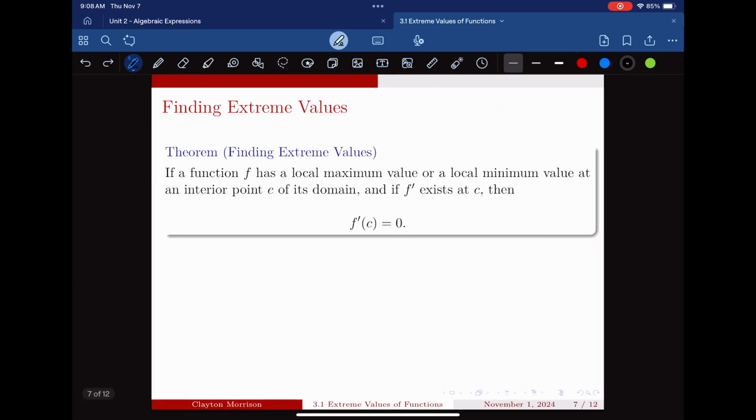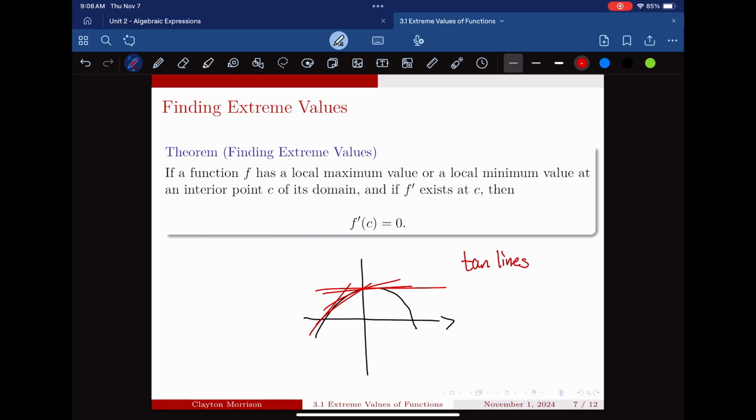So if you want to find, this is the big one, if you want to find where the extreme values are at, the derivative is 0. I was going to do a big build up towards this, but I don't want to. So let's take a look at something easy like this. If you keep on looking at your tangent lines, the closer they get to your extreme value, the closer and closer they get to actually being flat. And remember, your tangent lines